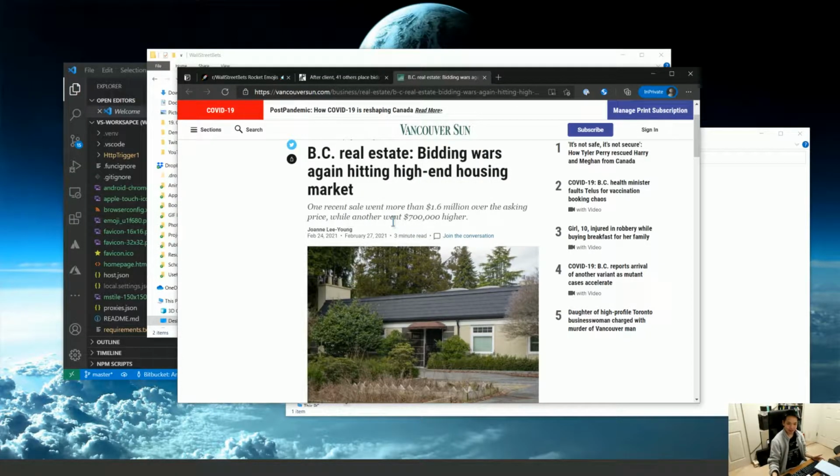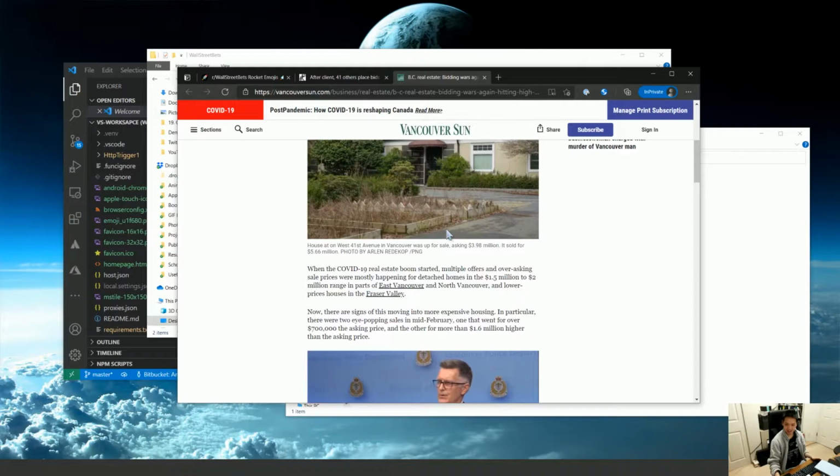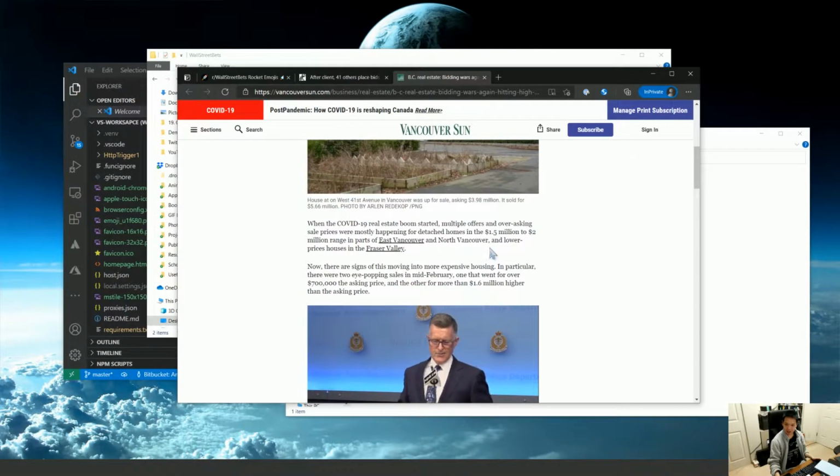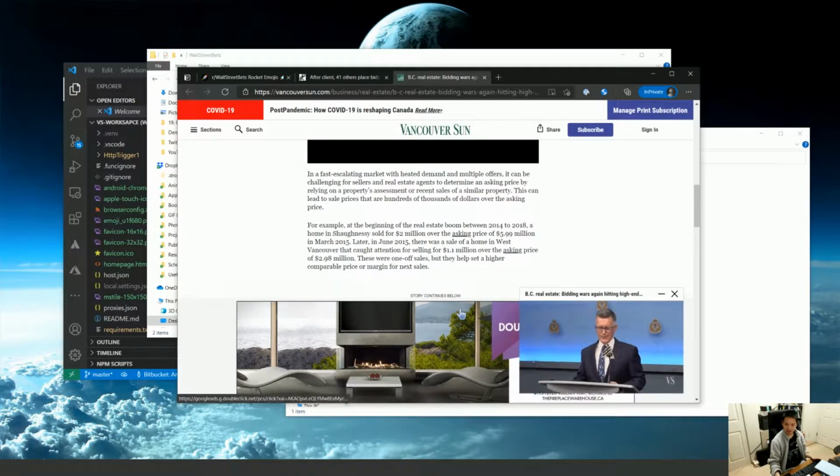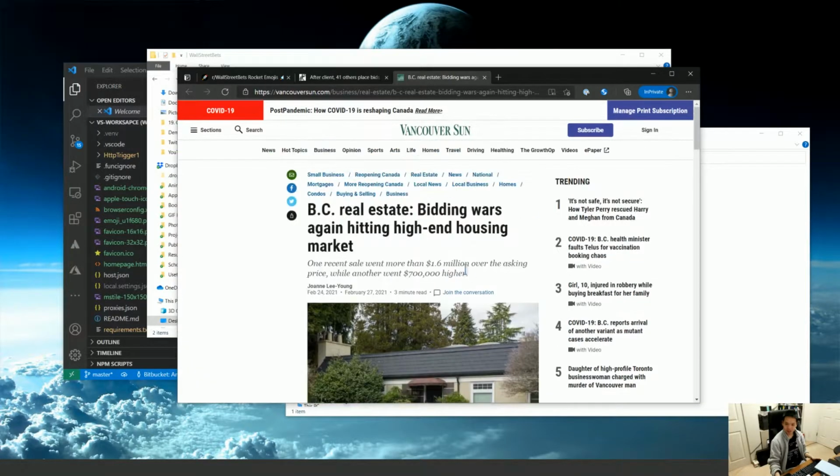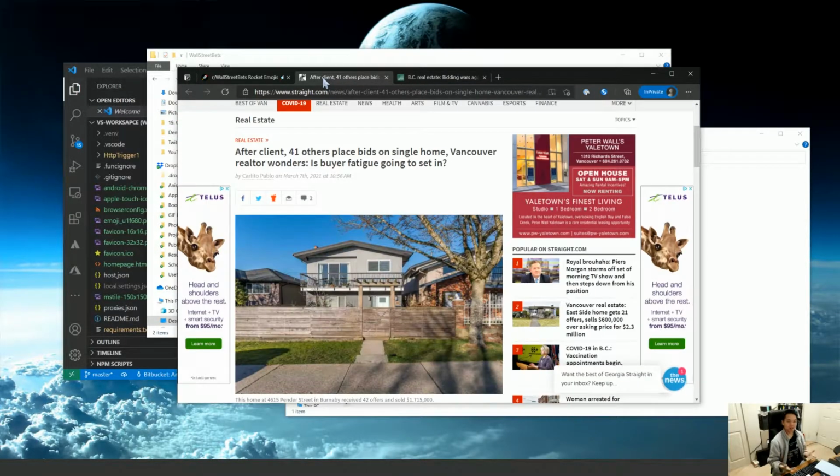Like, if I go and want to buy, say, a house next door, and it has a $1.3 million price tag, how do I know what the actual price is if potentially it could be $1.6 million higher than that? I'm sure I'm making assumptions here because these are probably very expensive houses, not a 1.3 that doubled in price. But the point stands that it's a very, very hot market right now.